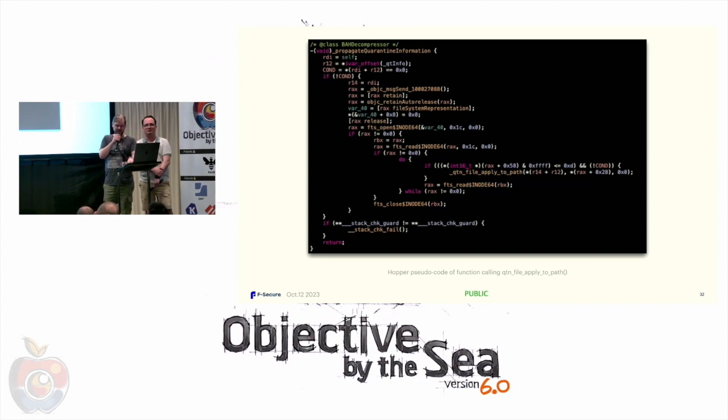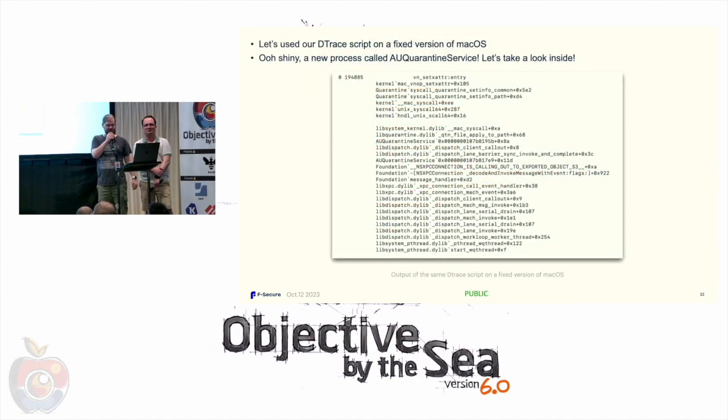what's actually going wrong here? Well, luckily we live in the future, so we can do the same thing on a fixed version of macOS. So I just basically repeat my process on the fixed version of macOS, and we see, okay, there's a new process called AU quarantine service. So now they're not doing this quarantine attribute application in process, in archive utility, but in a separate service,